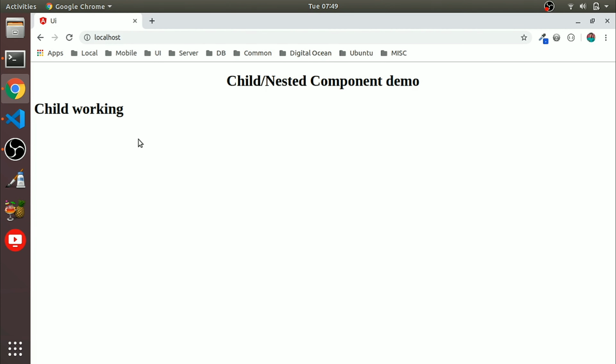So today in this tutorial we learned how to add a child component to our application. Okay, in my next tutorial I will start with Angular directive. So far we have completed components basic concept.